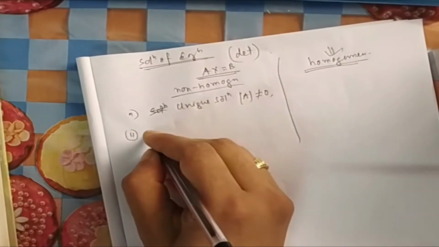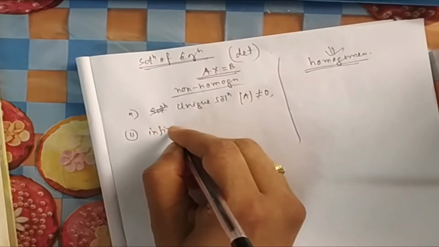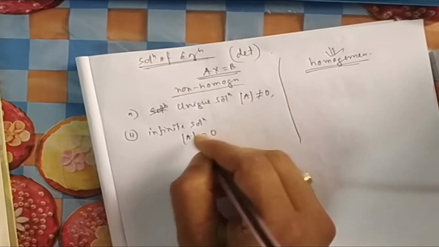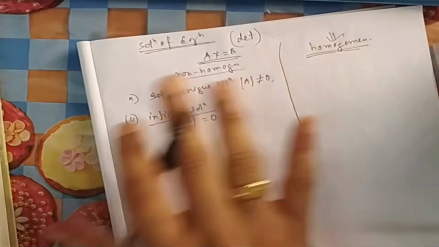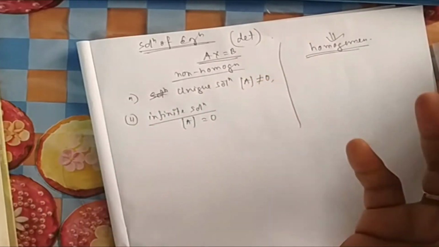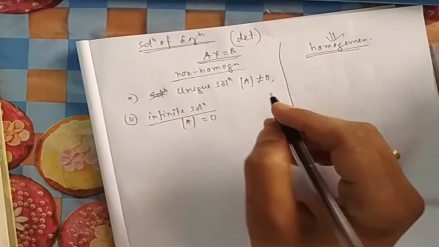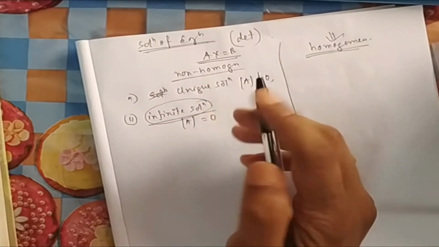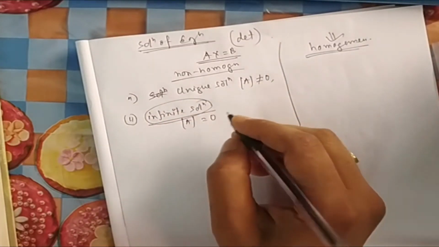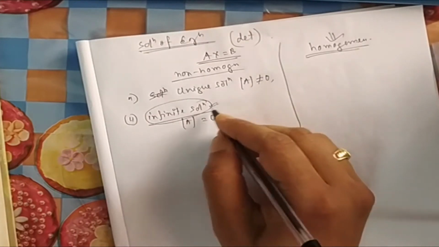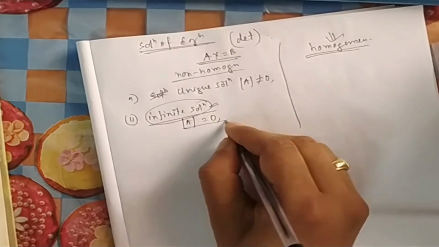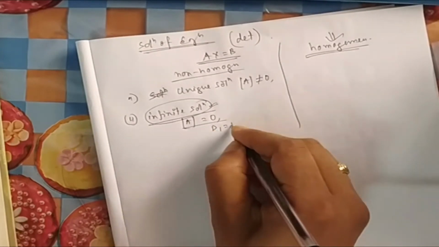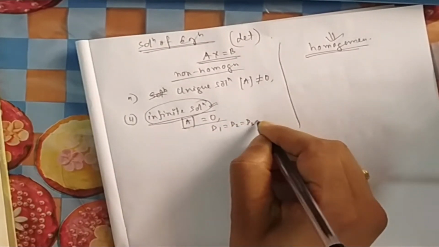Next, what you have? Infinite solution. What is infinite solution? Determinant of A is equal to 0. For infinite solution, everything has to be 0. If the entire world is 0, that means you will get the entire world. You can think of it like this, otherwise you will forget. Infinite means you want to conquer the whole world. That's why you need a whole lot of zeros. Lots of zeros will give you lots of answers. So A is 0. Along with that, D1, D2, D3 should all be equal to 0.